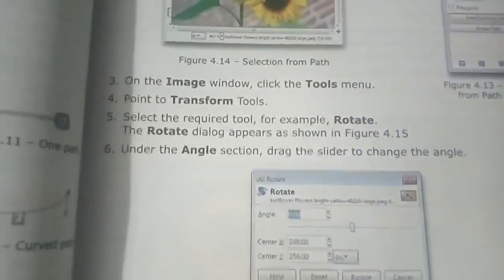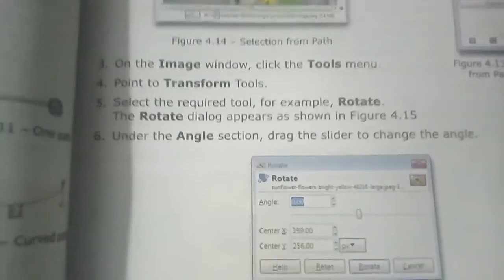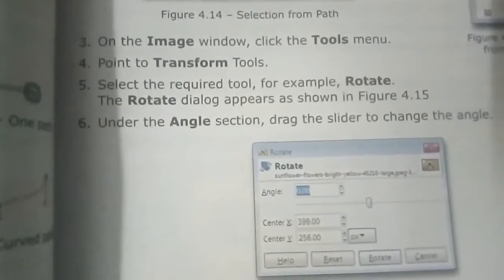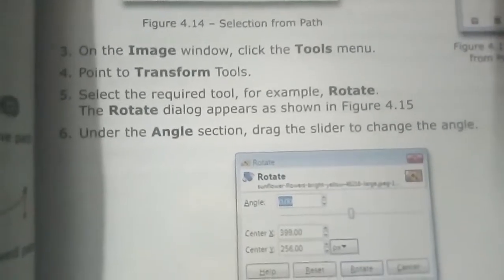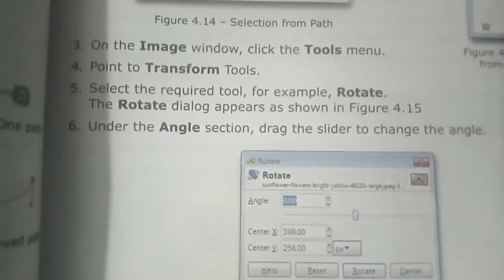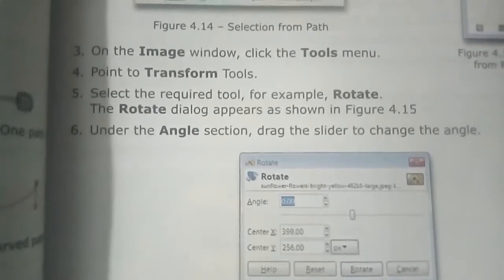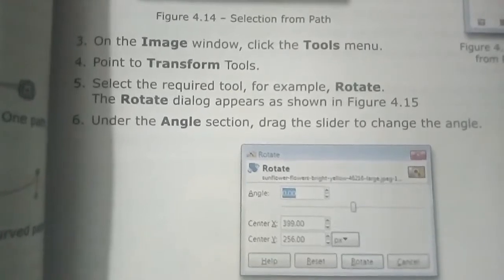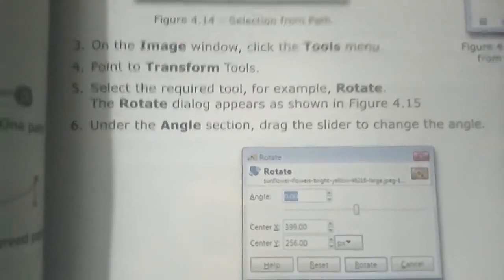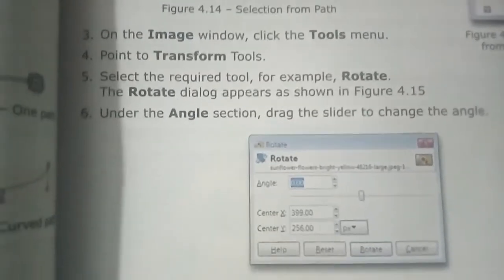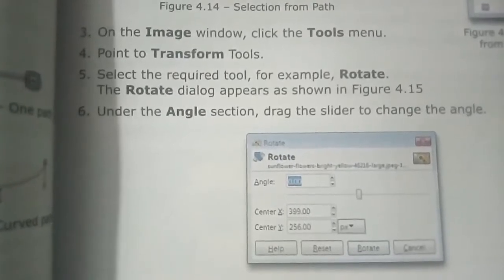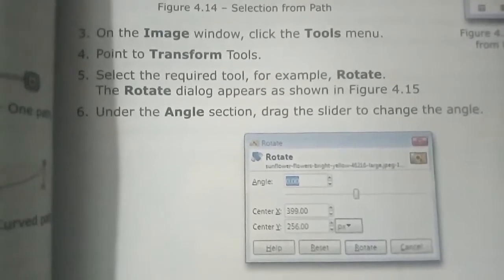Under the angle option you can give the angle according to your requirement. Then beside the angle there is a spin box, an arrow box. So you can change the slider to change the angle.